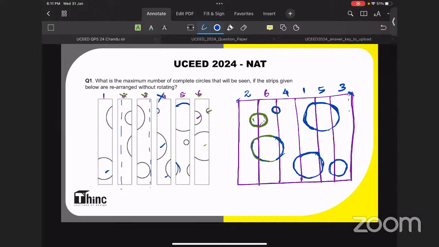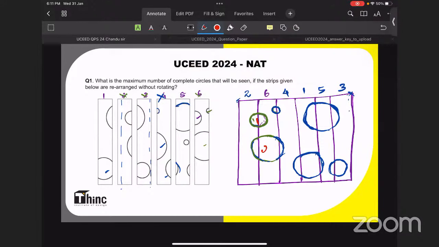So I got complete circles. What about you guys? Dindi Manoj, very good. And Quiet Line Gaming also has given it right. Very good. So let's move on to counting the number.